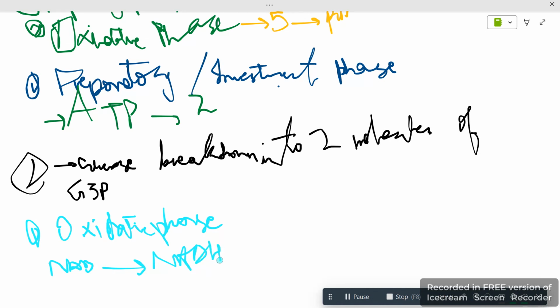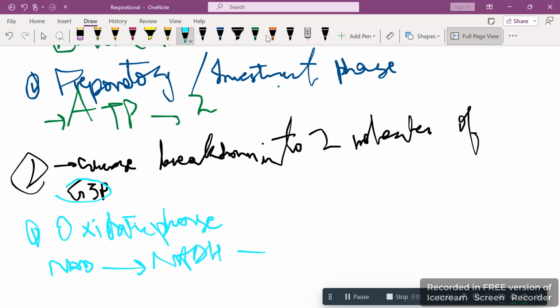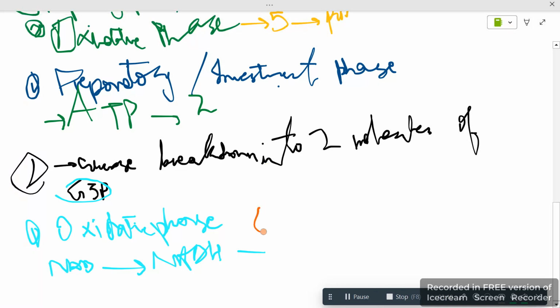Okay, in this phase G3P would be converted into pyruvates. As I just told you, here you will see glucose which will make G3P. Okay, this is a clear thing, but now this G3P will be converted into pyruvates. Okay, this is very much clear, and in this the formation of ATP would be done,